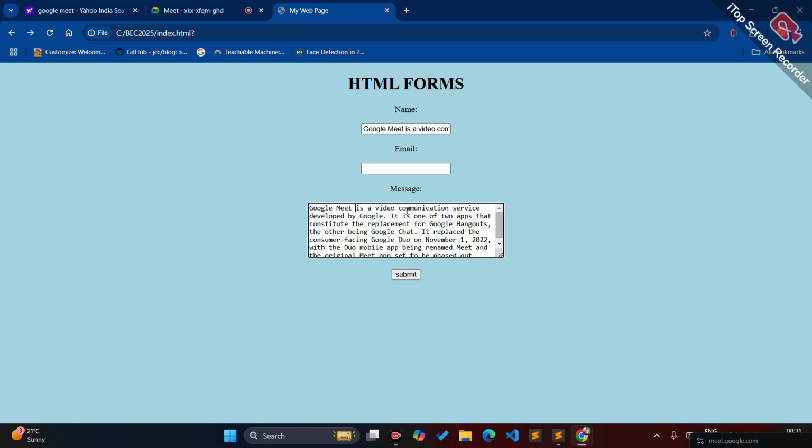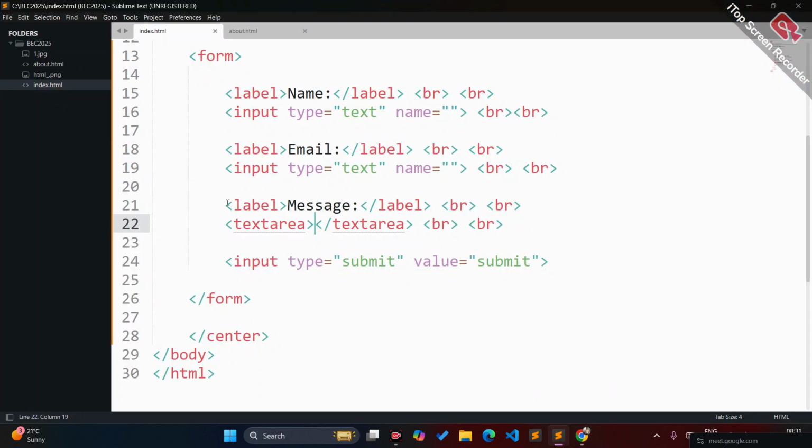Now I can directly place my mouse and write my content directly anywhere. So I can do it in this way. This is one type. And the second type, let me take